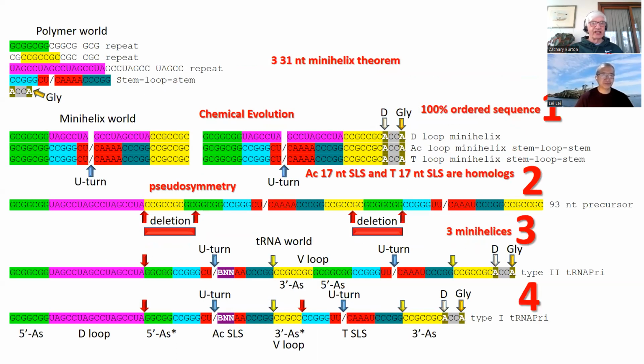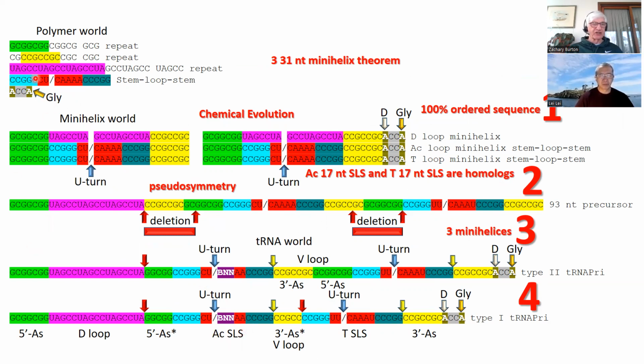Okay, so everything on this slide you can be absolutely certain of. The only ambiguities are in the red segments. So this loop segment here, that's a stem, that's a loop, that's a stem. These two loops, these loops. There's just a small amount of ambiguity in the sequences in those positions.